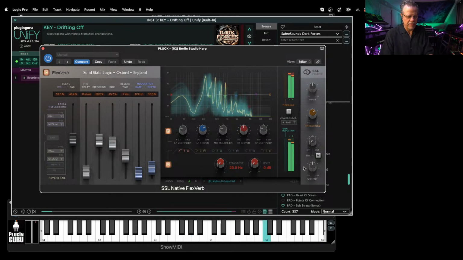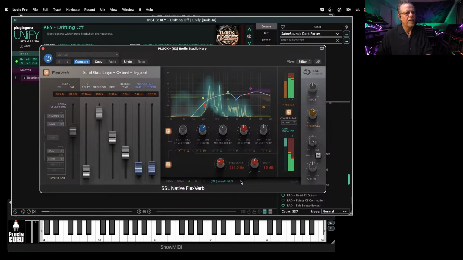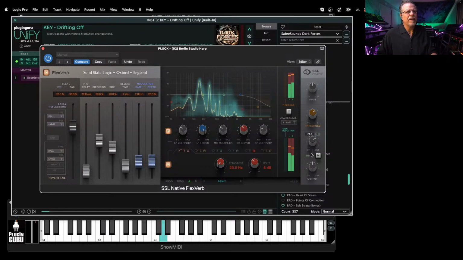Dry. Not bad. I mean, we have so many reverbs. We got to be a little selective with, you know, Unify has 10 reverbs inside of it. So I'm not going to say much about, you don't need any more reverbs, but